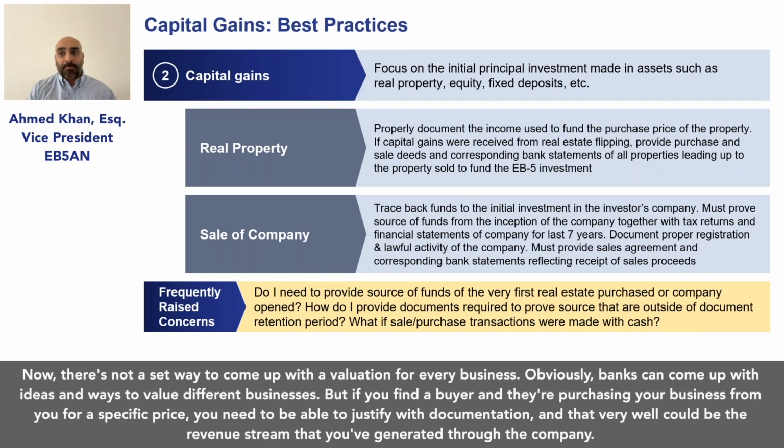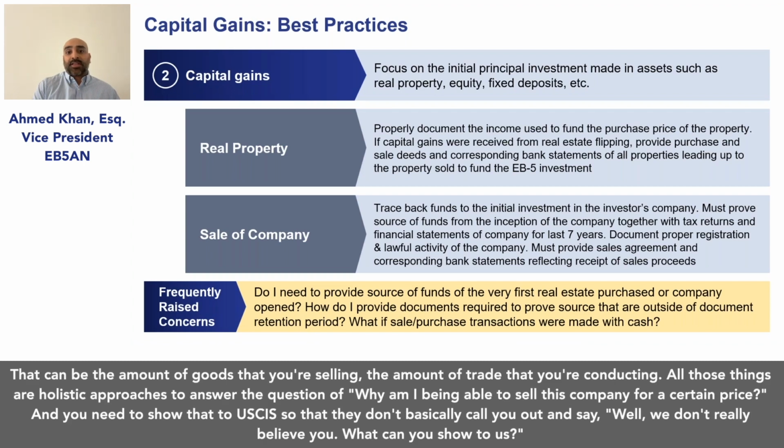Now, there's not a set way to come up with a valuation for every business, right? Obviously, banks can come up with ideas and ways to value different businesses. But if you find a buyer and they're purchasing your business from you for a specific price, you need to be able to justify with documentation, and that very well could be the revenue stream that you've generated through the company. That can be the amount of goods that you're selling, the amount of trade that you're conducting. All those things are holistic approaches to answer the question of why am I being able to sell this company